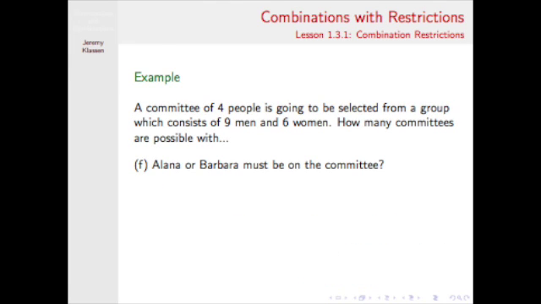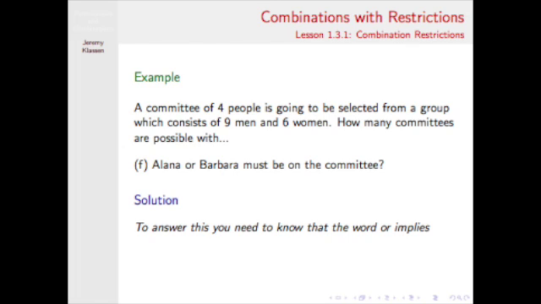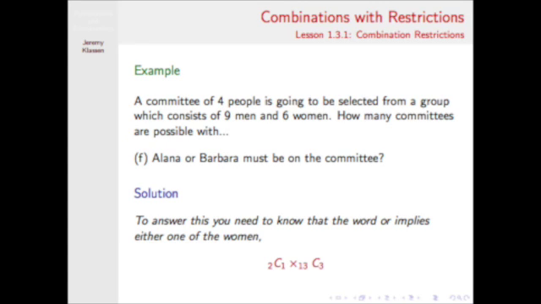Now let's take a look at the same question, but in a different direction here. What if Alana or Barbara must be on the committee? This one is more positive than the other one. Once again, we need to be very clear on what the word or implies here. It means either one of the women is on the committee, in which case we would do 2 choose 1